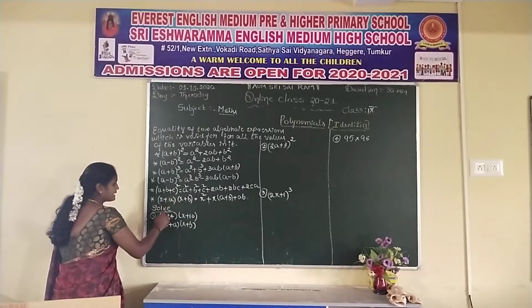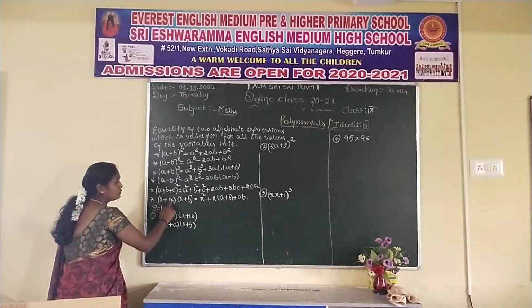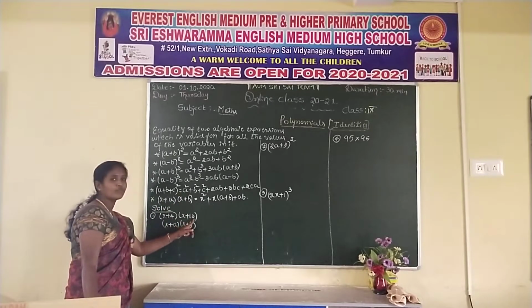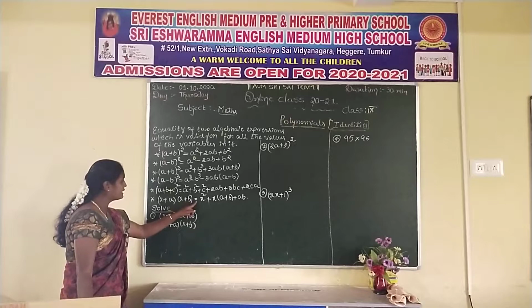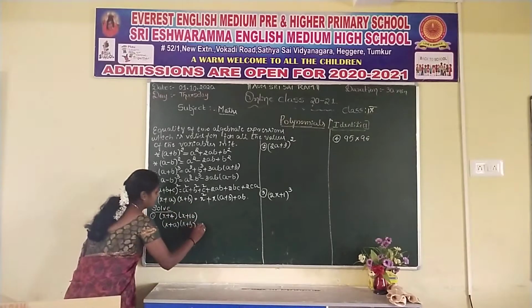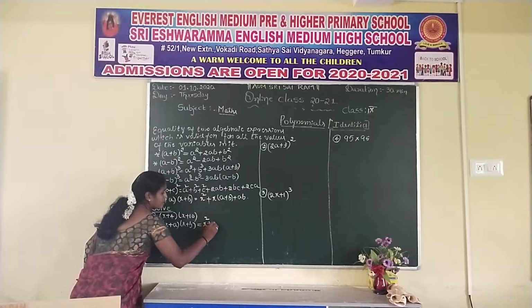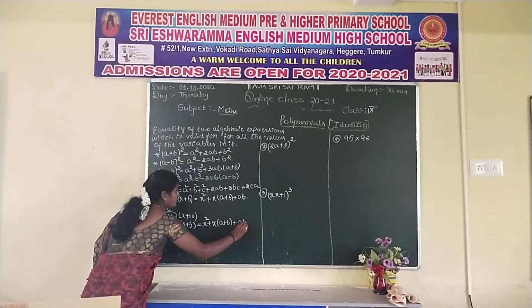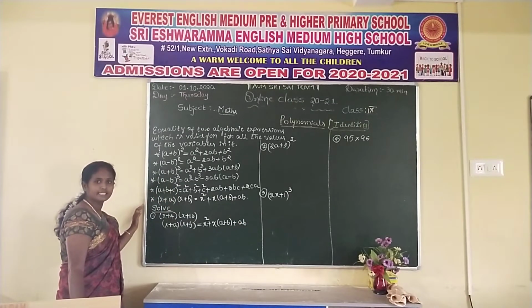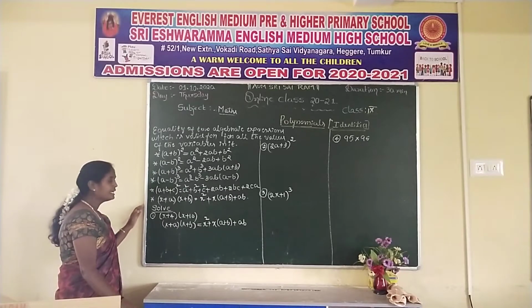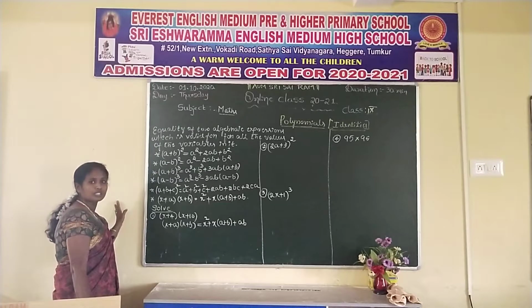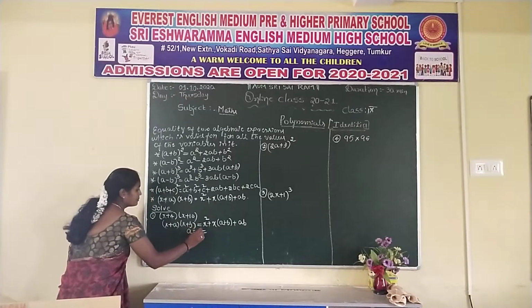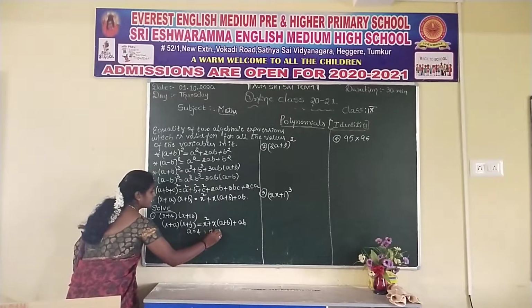See here, the x value must stay the same; only two different variables are used, which are 4 and 10. So, what is the identity for (x + a)(x + b)? It equals x² + x(a + b) + ab. Write that identity, the one you are using. Now identify their values: the a value is 4, the b value is 10.